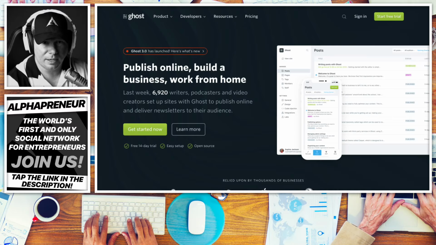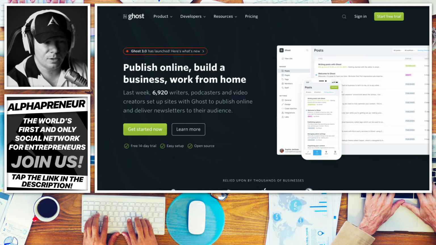So then Kajabi came onto the scene. Kajabi is not a WordPress platform; it's its own platform. I started using Kajabi for a while, but then there was an issue with Kajabi that wouldn't allow me to build membership sites the way that I want to build them, which I'm going to show you today. So then I went back to WordPress, and then now there's this new platform that just came out of nowhere,